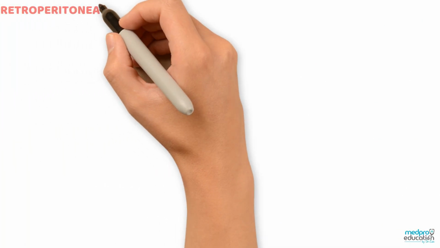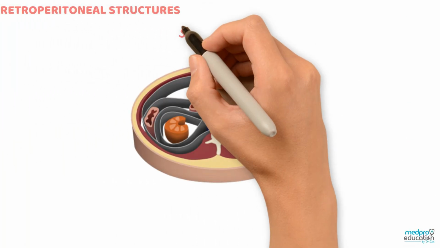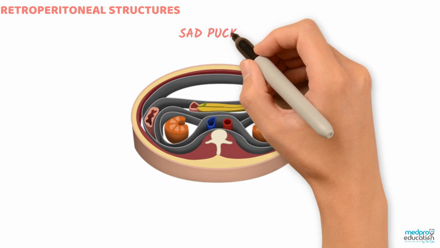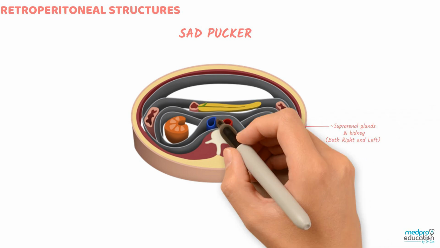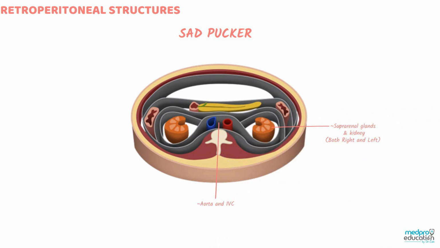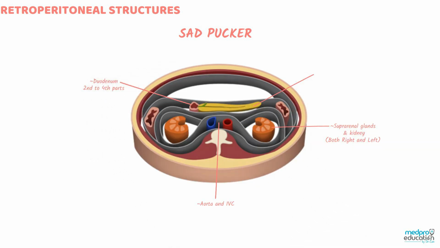Some abdominal structures lie behind the peritoneum. These are the retroperitoneal structures. Remember them with the mnemonic SADPUCKER. These structures include suprarenal glands, aorta and IVC, duodenum, 2nd to 4th parts, pancreas, except the tail, ureters, colon,